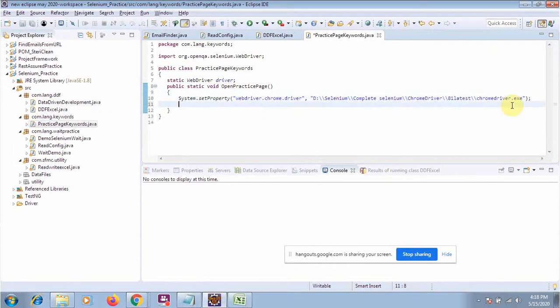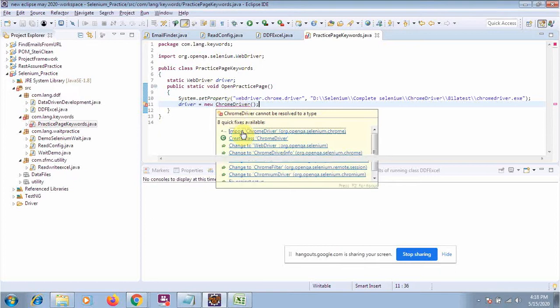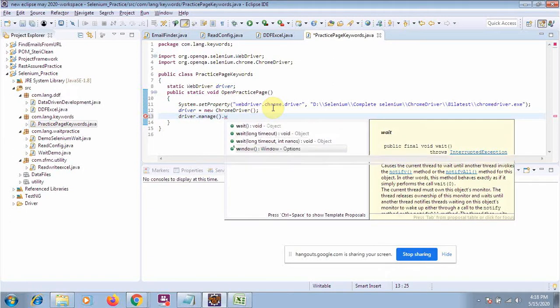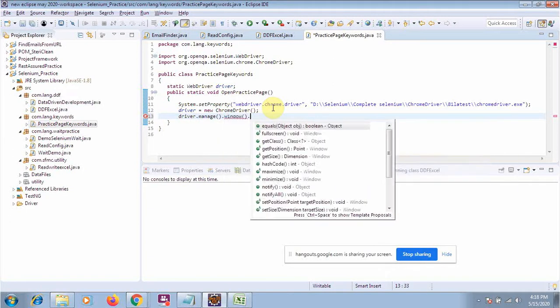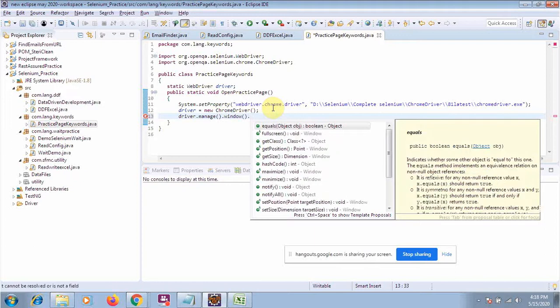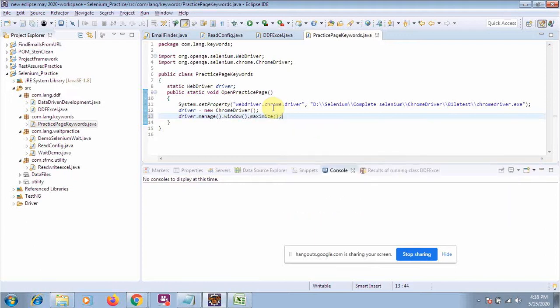Now I will say driver is equal to new ChromeDriver. Simple. I will just import my ChromeDriver. Then the same step: driver.manage().window().maximize().